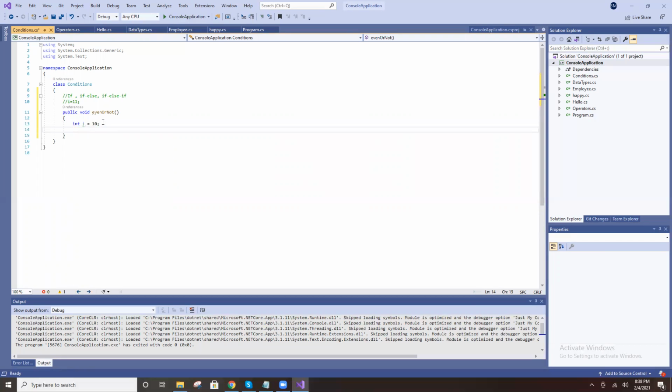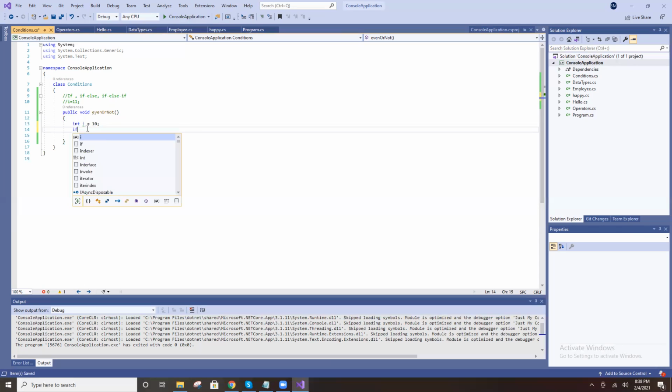If it is an even number, System.Console.WriteLine even. If I pass 11, it needs to print odd. So if I is there, right?